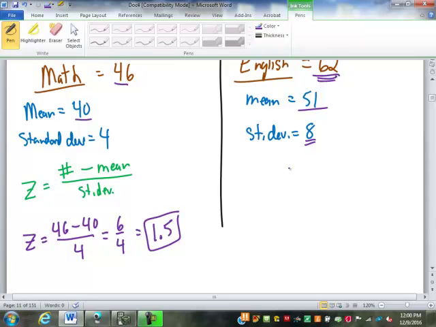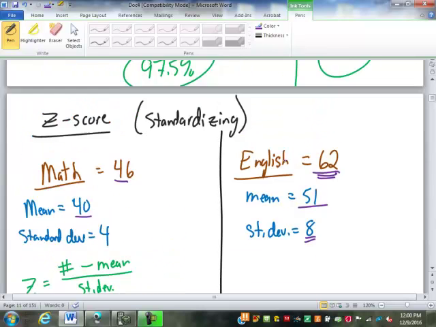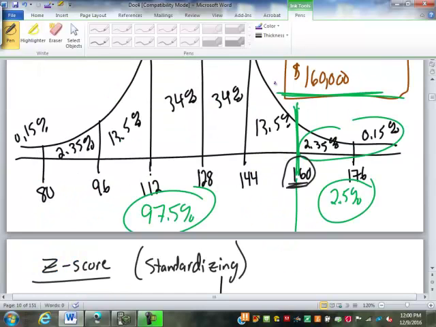So you think about that curve. 1.5 puts you somewhere in here. So that's the percent that would score better than you. We don't have that percent because it's not on one of our steps. But